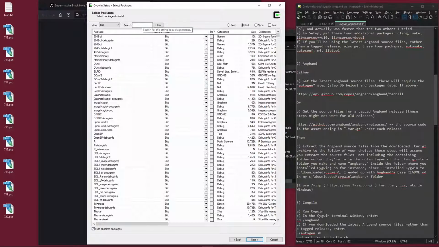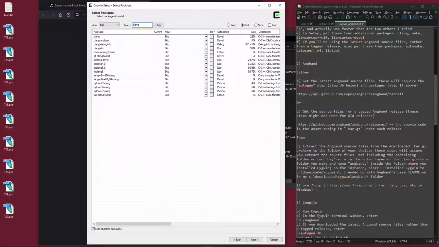We need Clang, or you need some sort of compiler. Clang is a Linux compiler, and that's the one I've been using. It was, I think, mentioned in the Angband manual, so that's the one I tried. It's the first one I tried, and it worked, so I'm sticking with it. So for Clang, I've selected just the latest version from this drop-down list,